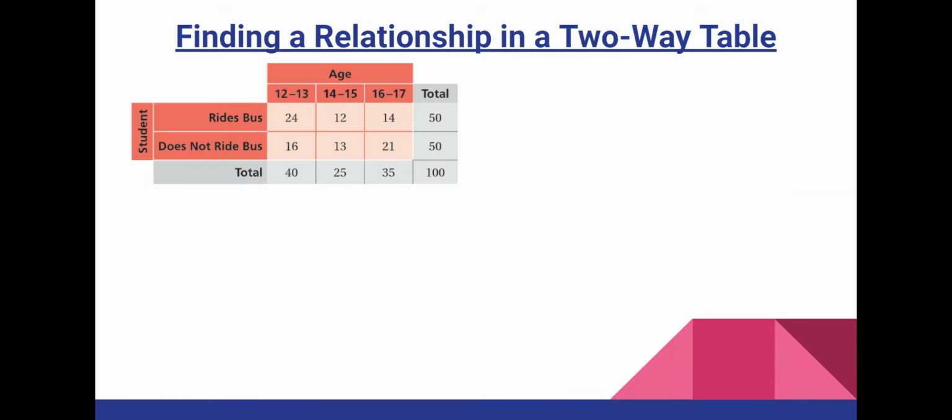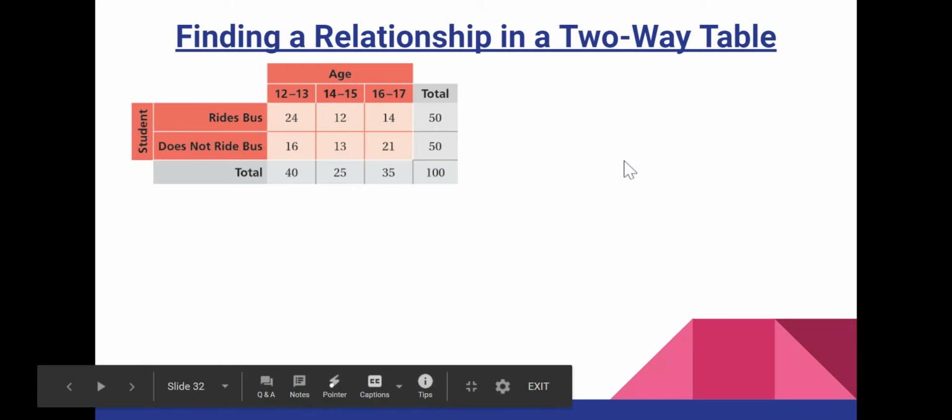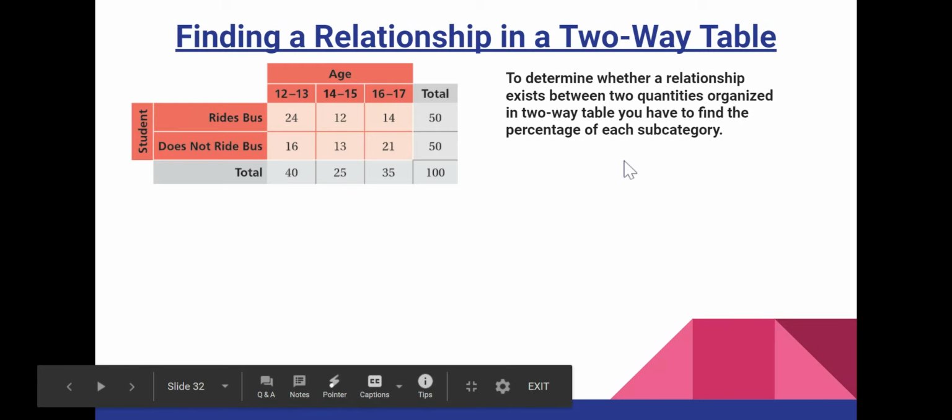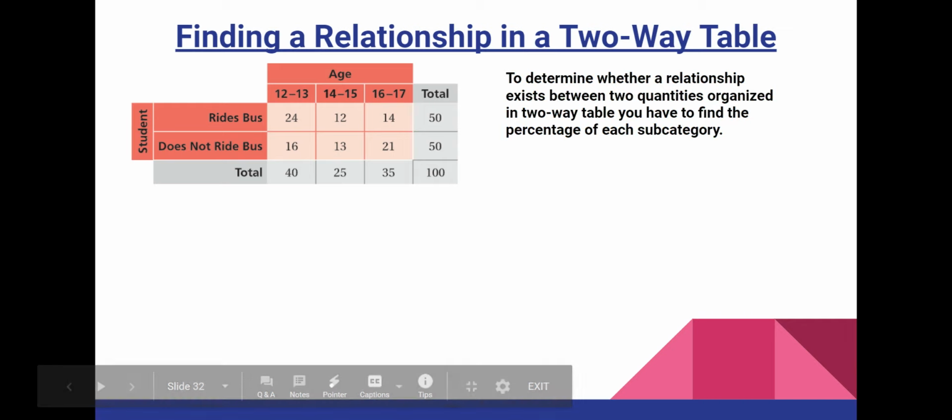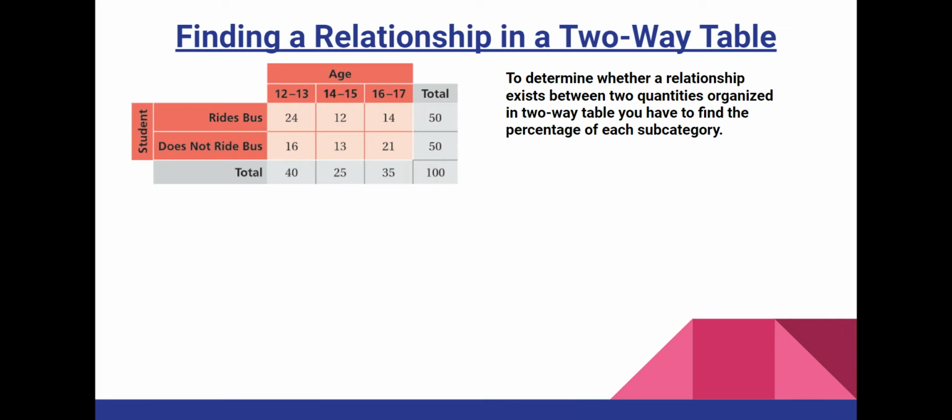Finding a relationship in a two-way table. After finishing constructing a two-way table, how can I justify if there is a relationship between the age and the number of students who ride the bus or do not ride the bus? Does the age matter? For you to do that, you have to find the percentage for each subcategory. To determine whether a relationship exists between two quantities organized in a two-way table, you have to find the percentage of each subcategory. So the subcategories are here. So for example,